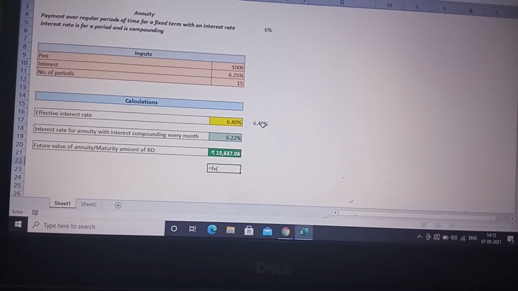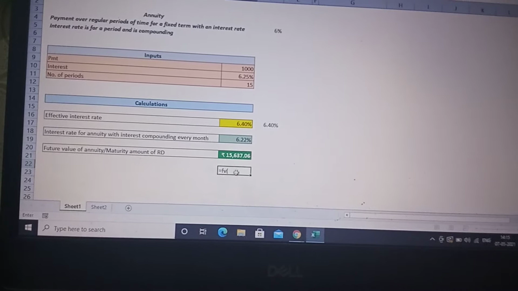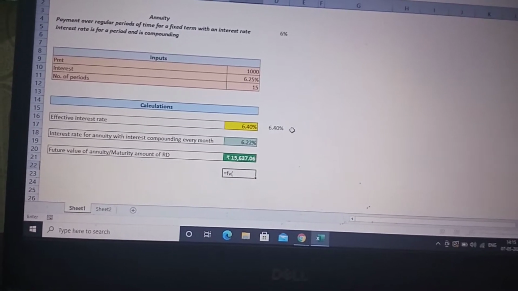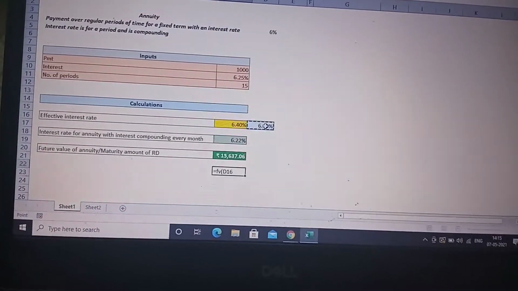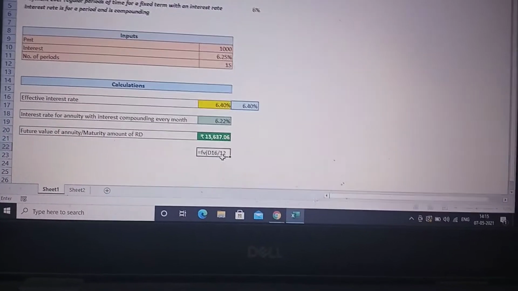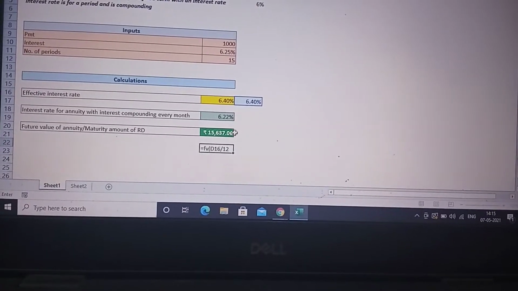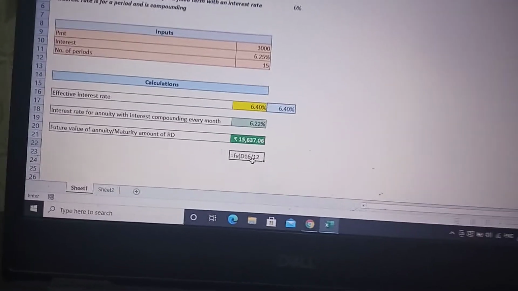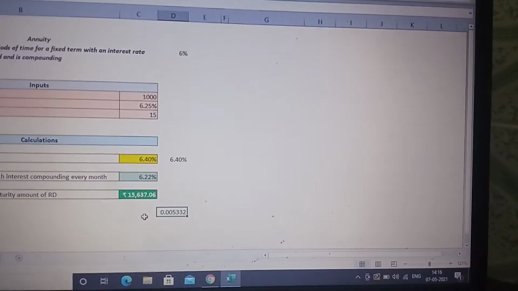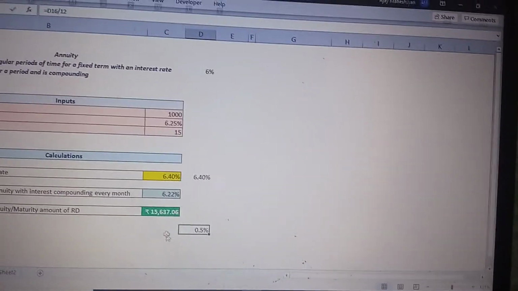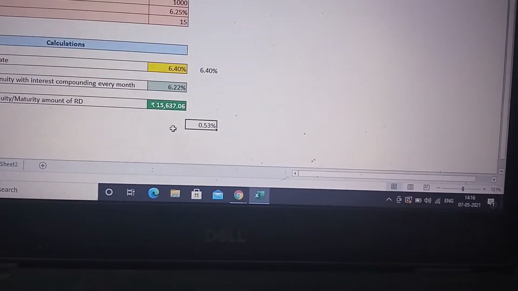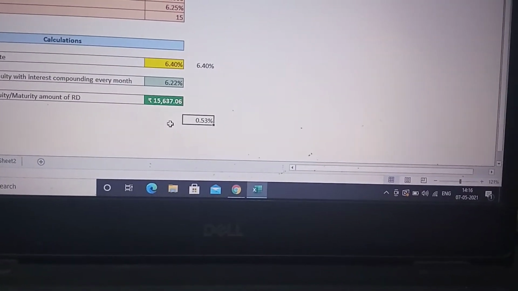If I put in the 6.4% interest rate divided by 12, the formula assumes that this is going to compound monthly. But this is not the monthly interest rate, because if I put this interest rate in the formula, it will assume that this is compounding monthly, but this is not the case because it is compounding quarterly. So the effective interest rate won't be the same, it will increase. So this is not the interest rate that I should use.